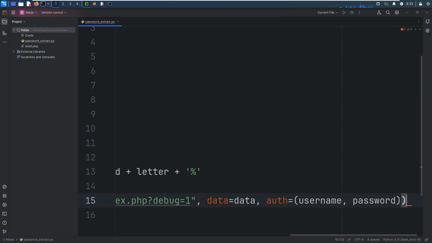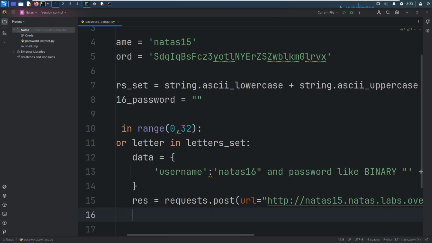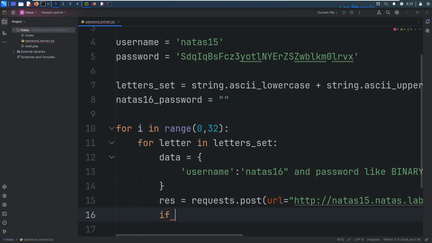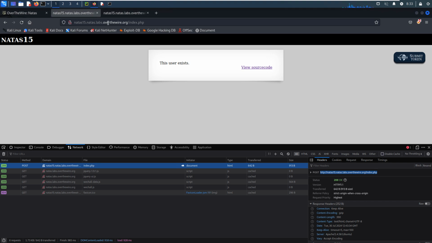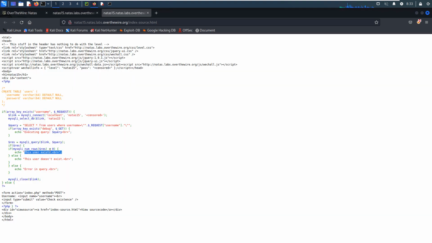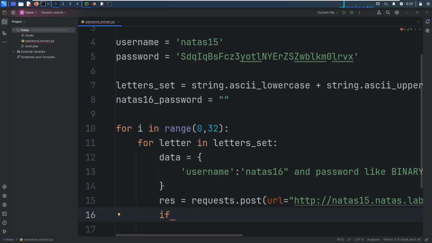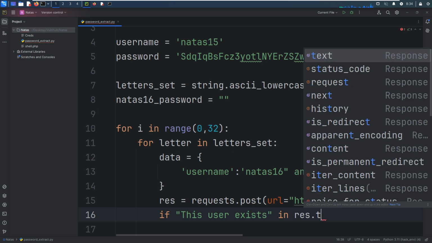Okay. So if the letter is correct, then we'll return the positive result. I mean, the number of rows would be larger than 0. So the response will have this string. We can copy this and put it here in text.